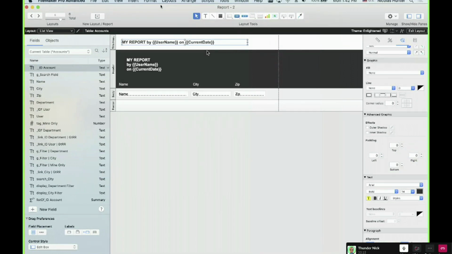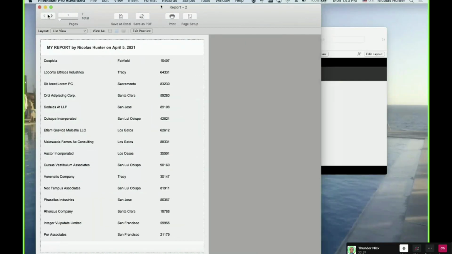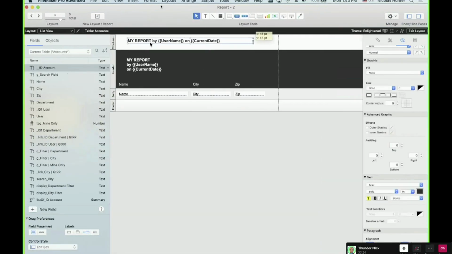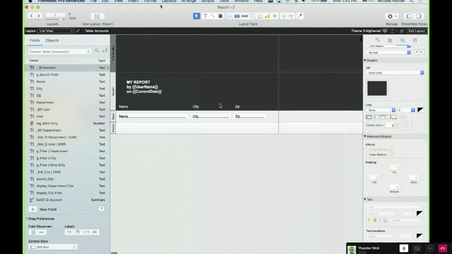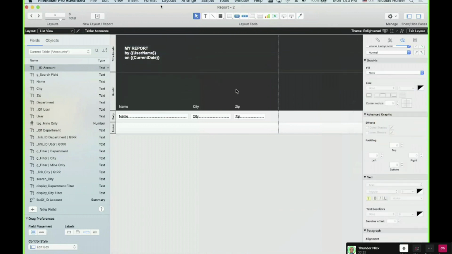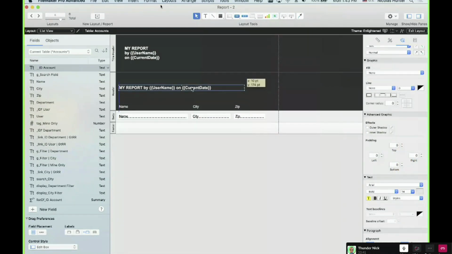So here is how it happens. You have the title header and the header. Sorry, I made a mistake here. I reversed both. Sorry, guys. So this one is the title header. I move this here, and this one here. I put the text white, gray. And this is my header. Sorry for the confusion.